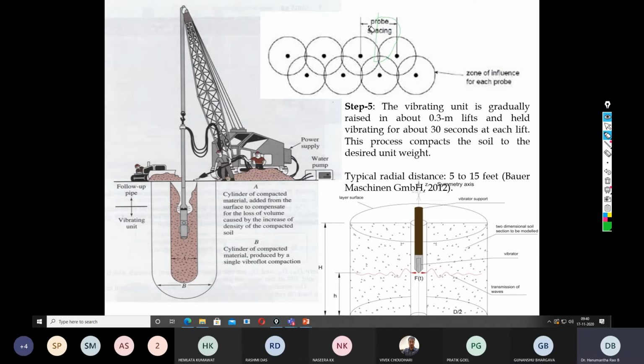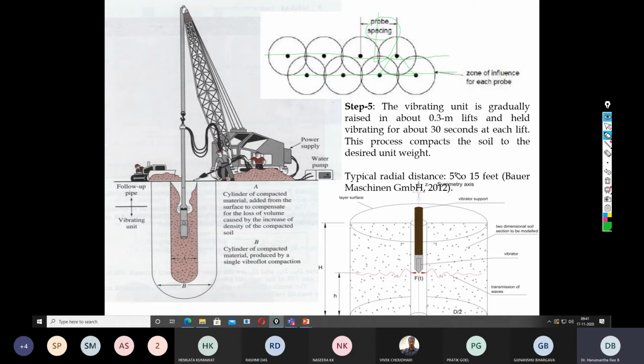So this could be one of the design parameters. And here they followed a triangular pattern. This is one row of vibroflotation, and this is another row of vibroflotation. The outer circle is called the zone of influence. This is also another schematic diagram in cross sectional view, which indicates the different zones of influence. Based on several studies, the typical zone of influence varies from 5 to 15 feet depending upon the amount of energy that you are applying.